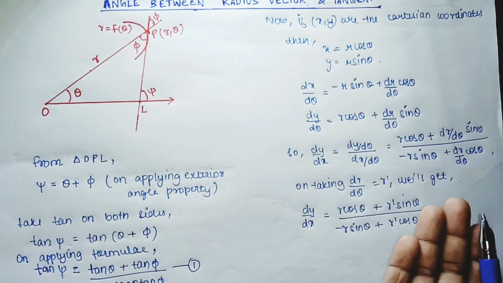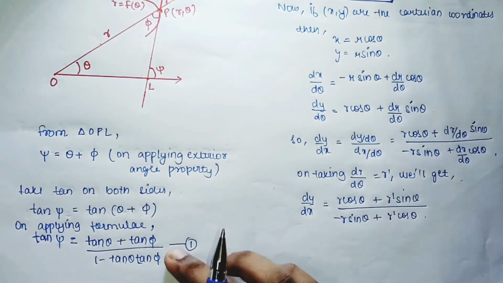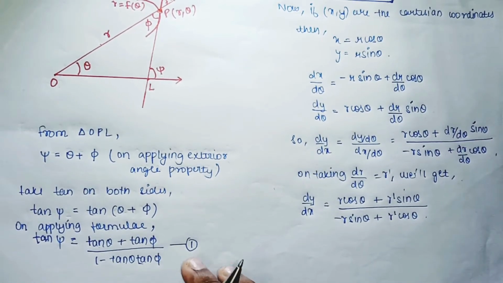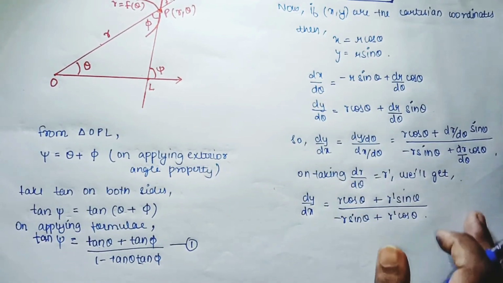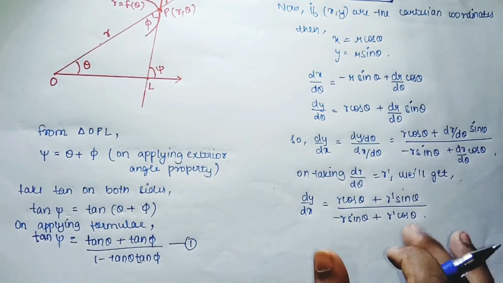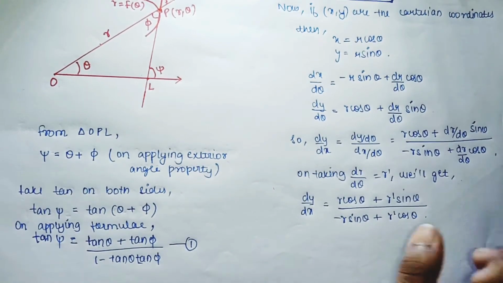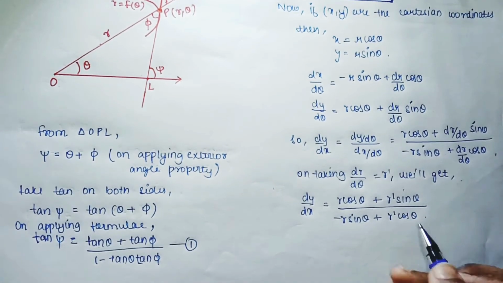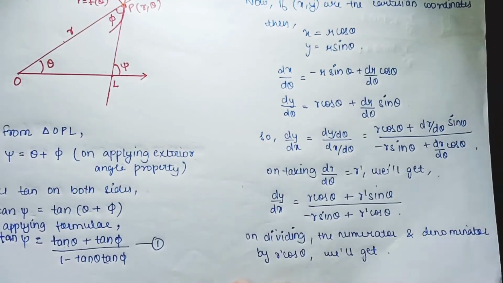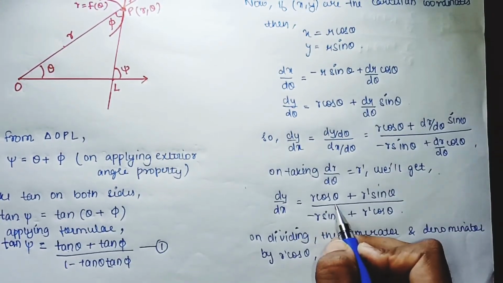Now, as I said, I need to form an expression so that I could relate it to equation 1, and equation 1 has tan. Which means I need to bring tan into this expression in some way. So how can we bring tan into this expression? Yeah, we can do one thing: divide the numerator and denominator by r dash cos theta. Let's see.